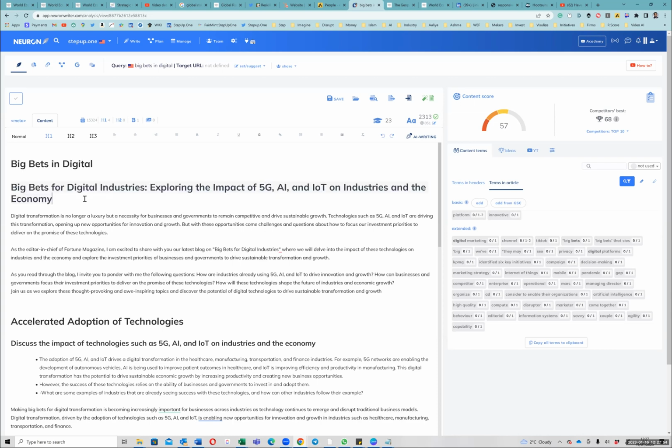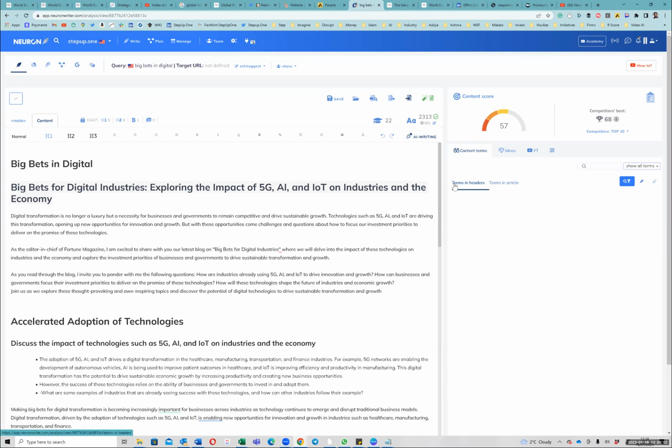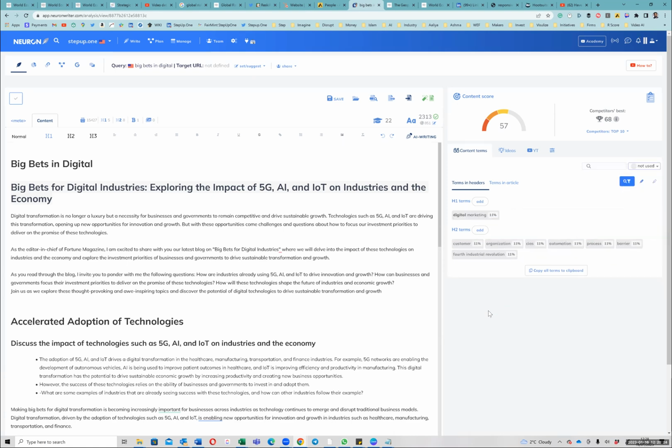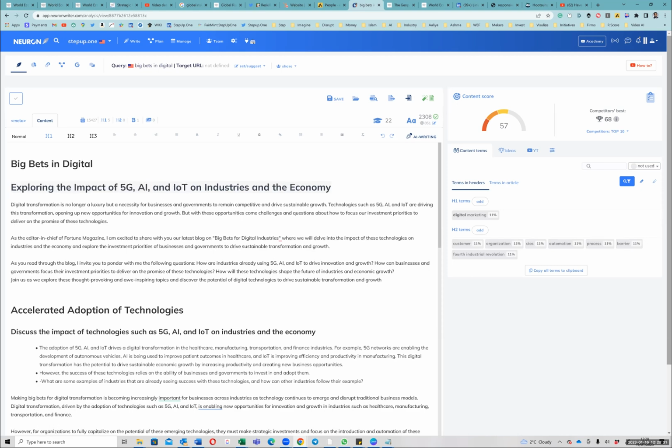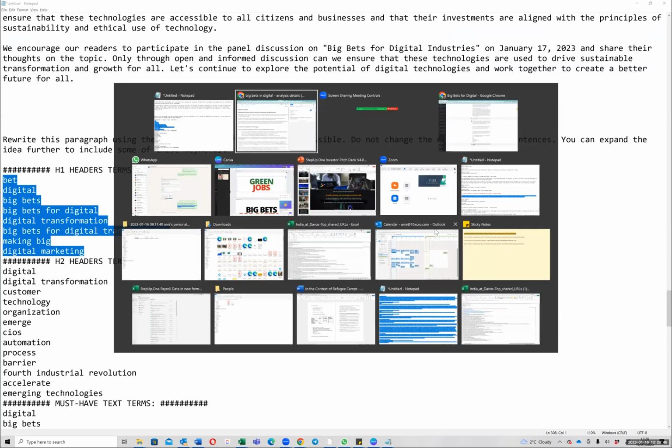Okay, 57. Let's see. Oh, I think 60 would be a good score if we could have pushed it till there. But still, we are lagging behind. Okay, so maybe we are green on all the titles, right? Everything is green. Maybe some of these, yeah, some of these are not being used. Yeah. See, it is something in digital marketing and fourth industrial revolution. So I'm going to do something,